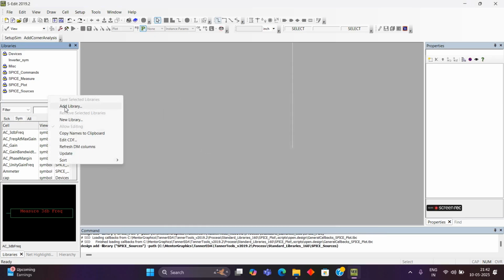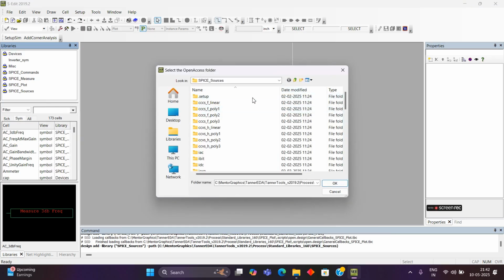Now we need to add our SCL 180 nanometer PDK, so it will be